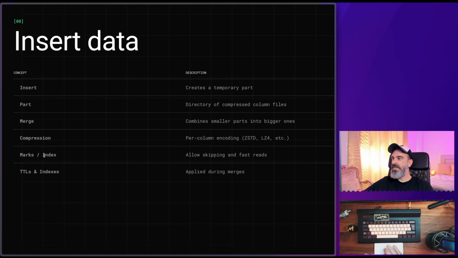Then we have the marks and index files. They are the sorting key representation on disk and allow skipping and fast reads. The index is in memory in ClickHouse, so whenever you do a filter, it knows what parts of the data it needs to skip to respond to the query. And finally, there are other operations that happen on insert and on merge. For instance, sorting the data or applying TTLs happens both on insert and on